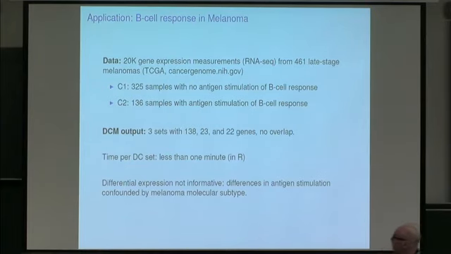The way they measured antigen stimulation was by looking at the diversity of certain sets of genetic clones. They used an entropy measure to get at diversity, and then they looked at high entropy and low entropy groups. So that's actually where these came from. These were not really based on gene expression, they were based on diversity of clones seen, I guess, in some follow-on experiment. So the response itself didn't have anything to do with expression.